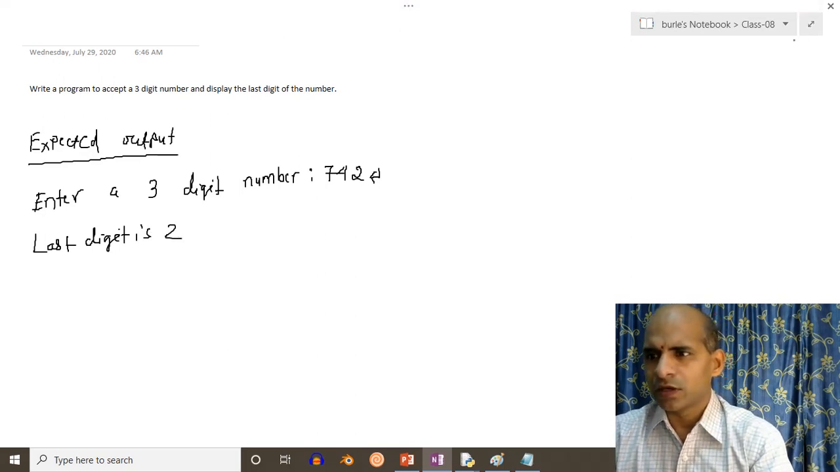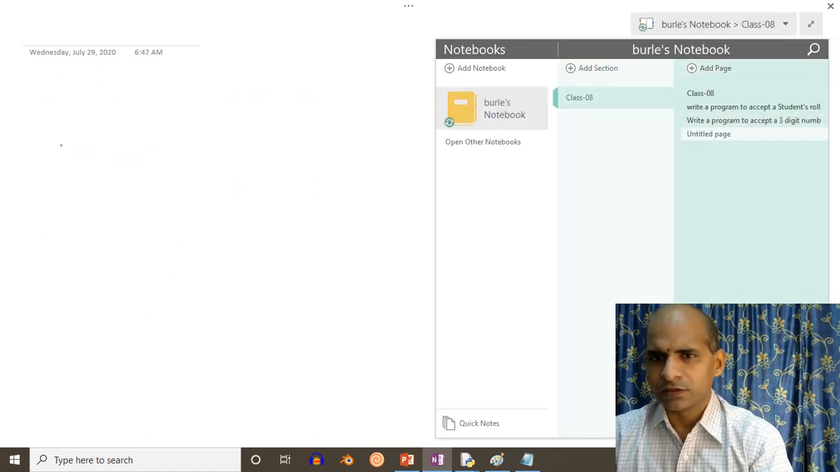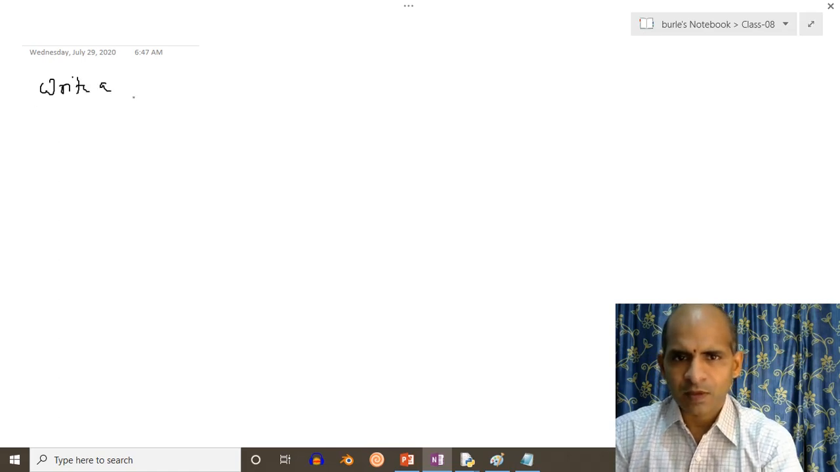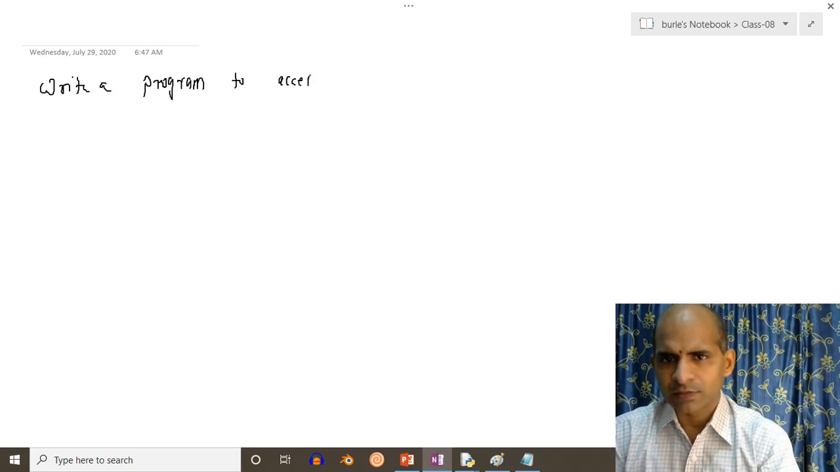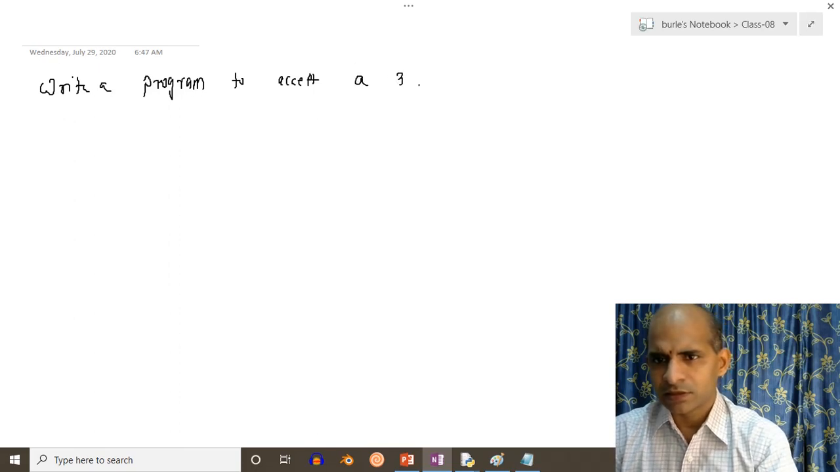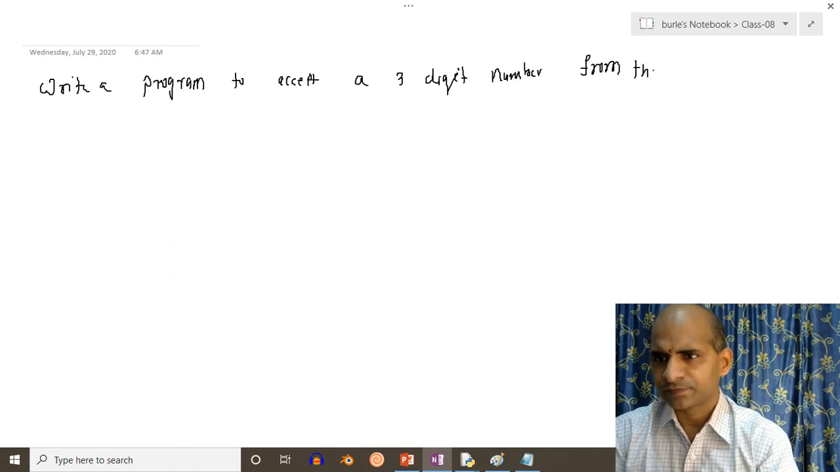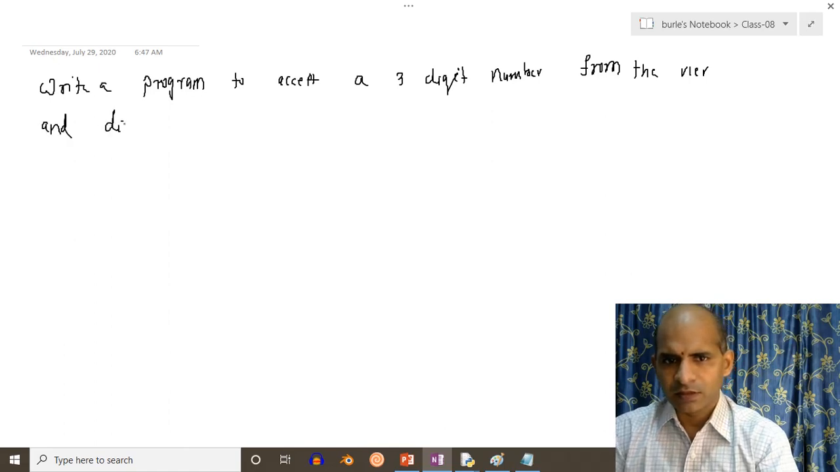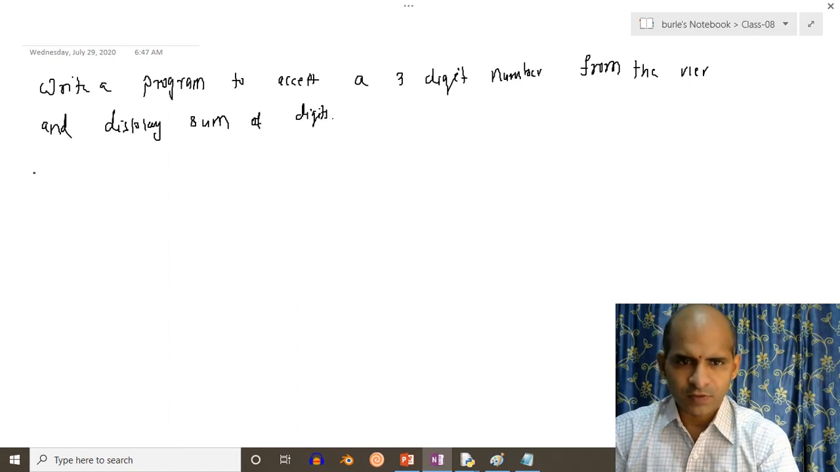So now come to another question, that is write a program to accept a 3-digit number from the user and display sum of digits. So the expected output is